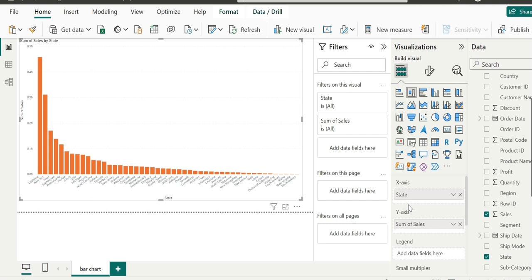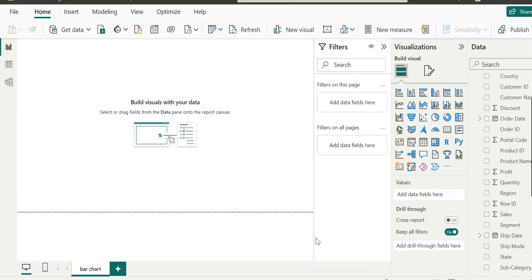To do this, let's start by removing the visualization from our report. Let's hit the three dots at the bottom right, from the menu of which we will select remove. So we are back to having a blank report in front of us. First, let's see what happens if we select a numeric field. From the field list on the right, you can see that the sales field is numeric.